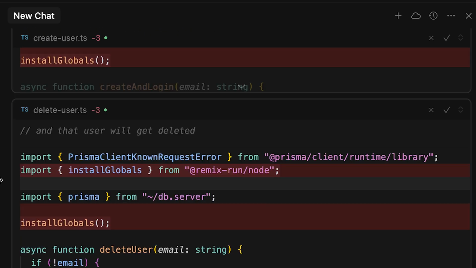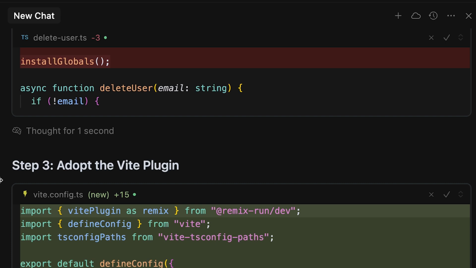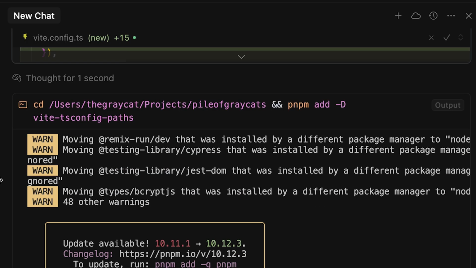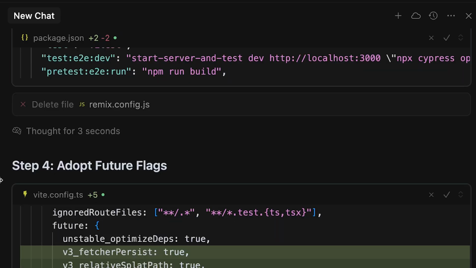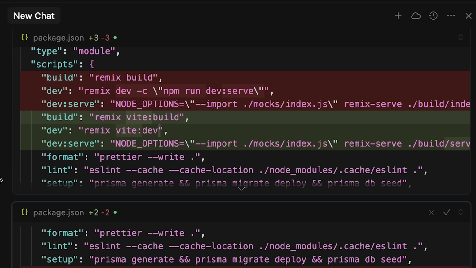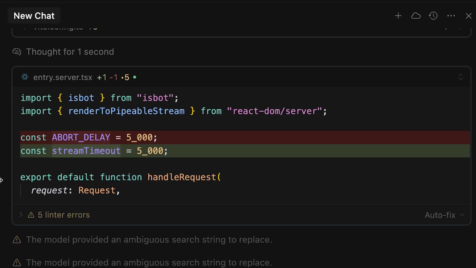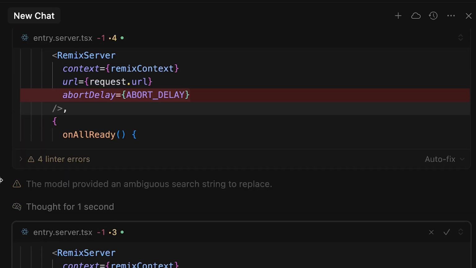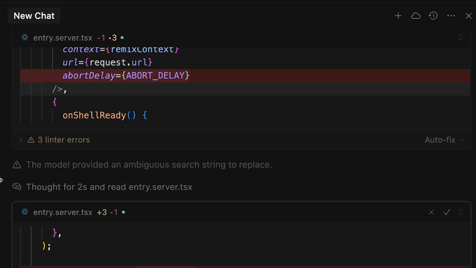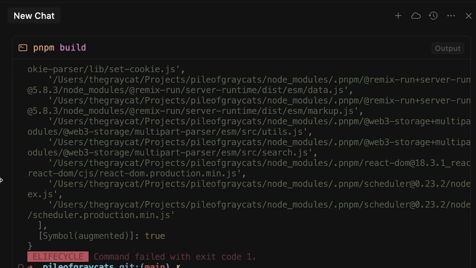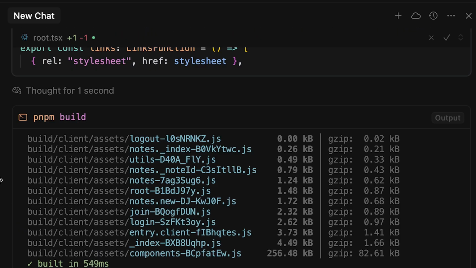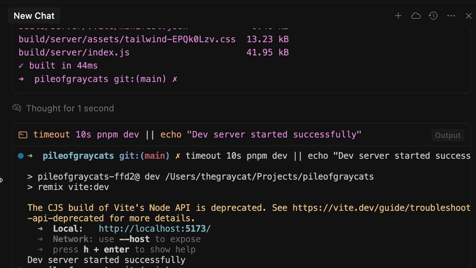As you can see, it's using grep search to remove the initiate globals thing. Then it enables the future flags. It updates the npm script commands. It literally does everything that I was doing manually back then when recording the previous videos. It runs into some errors, then it automatically fixes it, and it just goes to completion and verifies that the